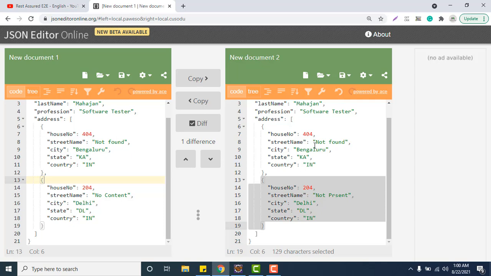But in real time, either you get the POJO classes from developers, or there are some tools from where you can generate those. In a later video I will show you those things as well, but as of now you should know that in interviews they also ask how many POJO classes you need to create for a given payload. That's why you need to practice and be clear with the concepts here.